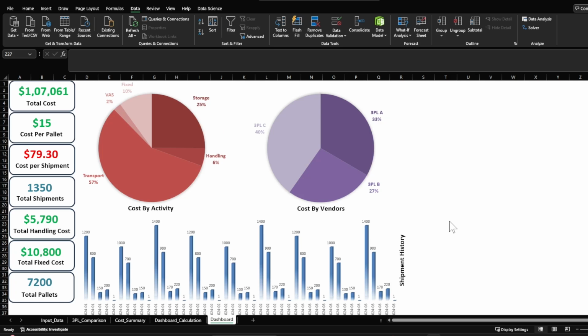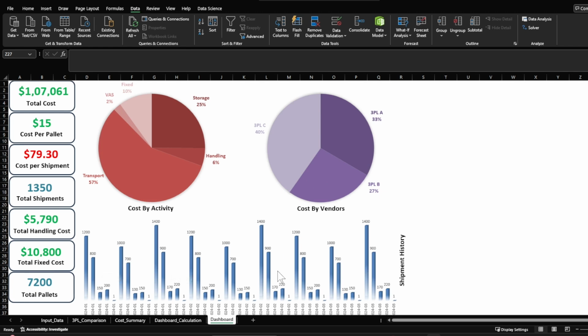Today we are going to discuss how we can create an Excel based analytic solution in which we can analyze the shipping cost and their related entities like total cost per pallet, cost per shipment and various other things. We can also have the bifurcation of the cost by the activities which any 3PL or a logistics supplier is performing, and you can also have the cost breakup by the vendors,